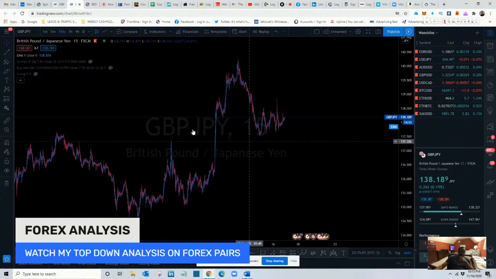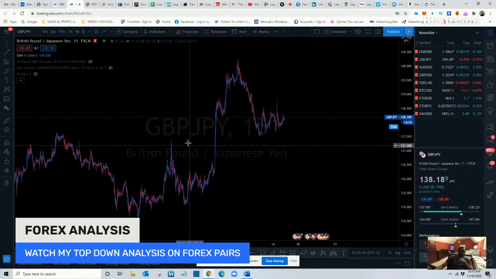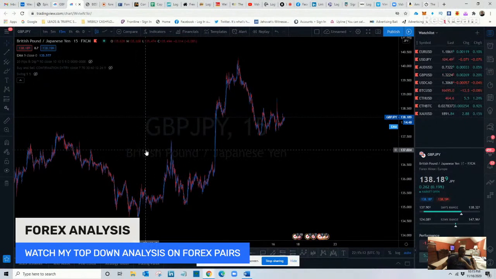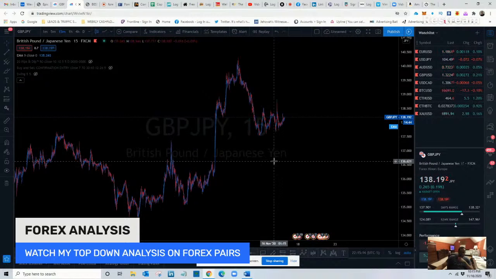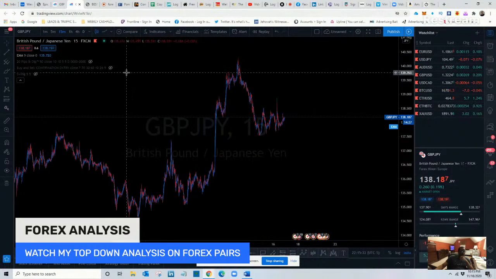So we're going to do GBP JPY, which stands for the British pound versus the Japanese yen. The British pound is the base currency, and the Japanese yen is going to be the quote currency. So we're going to be trading both of these currencies to see which one performs stronger or weaker than the other. And that's going to determine whether we're going to buy or sell one of those currencies and make money in this market. So in order to do that, we're going to want to start on the daily time